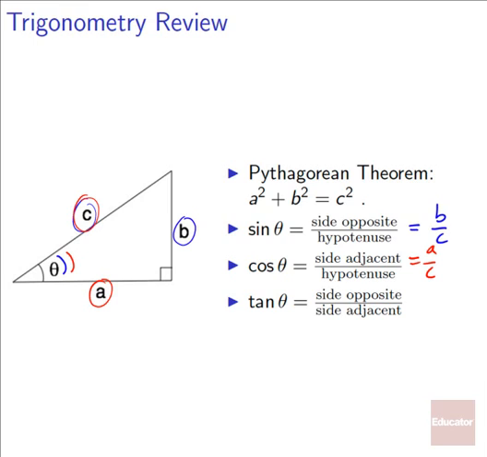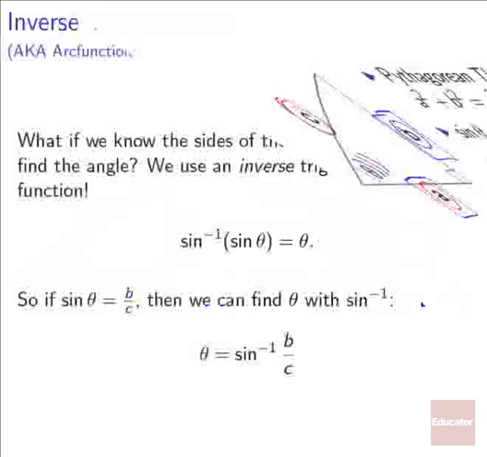And finally, tan theta is equal to the side opposite divided by the side adjacent, so this would be b over a. Definitely important thing to remember. All right,